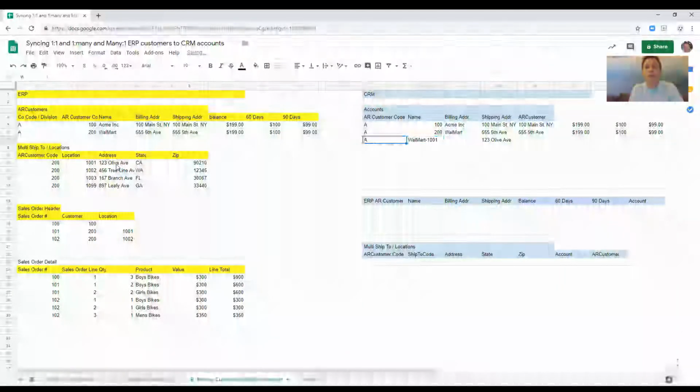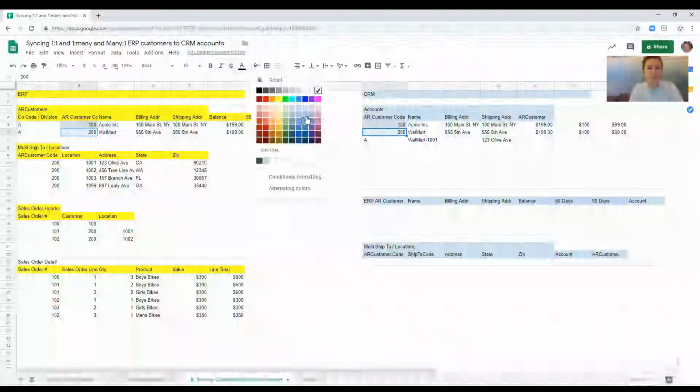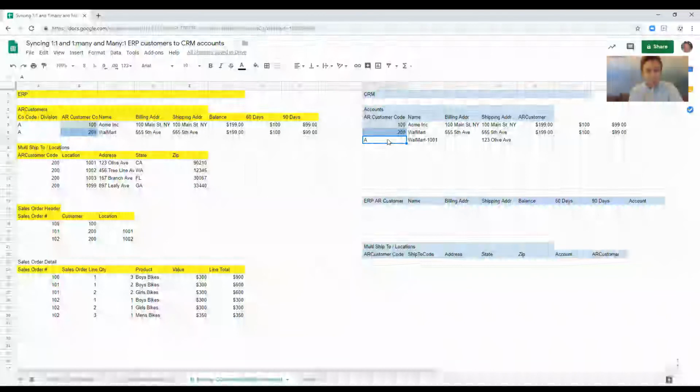And I made a mistake in the beginning, my bad. But my records shifted over here. I'm going to move them back. Okay, so here we go. Customer 100 is linked to customer 100. We'll just color code that. Customer 200 is linked to the account with the customer code 200. We'll color code that. Now we're going to explode those records, and this one is going to be customer code